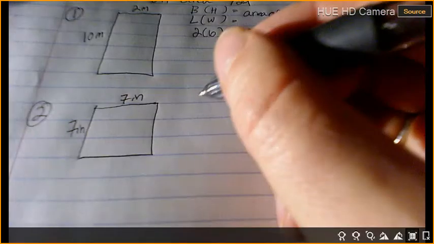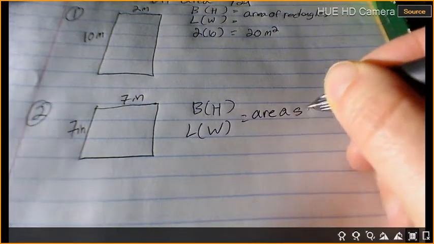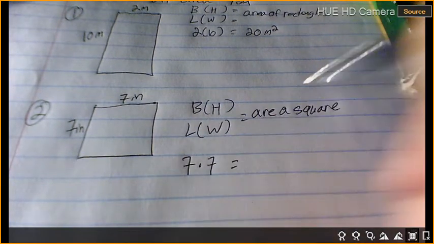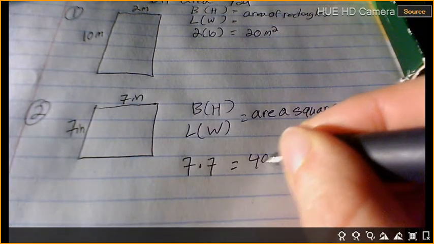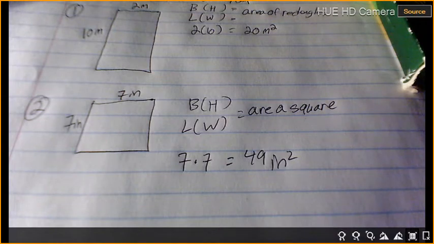So what if I did this one? 7 inches by 7 inches. So that's not a rectangle, that's a what, if they're the same? It's a square, but is square the same thing? It's still base times height, or length times width, whichever way you want to talk about it. Area of a square, same as area of a rectangle. They're just both the same thing. So it's just 7 times 7, which is 49 what? Inches squared. Okay,